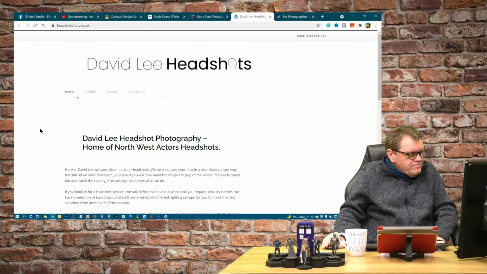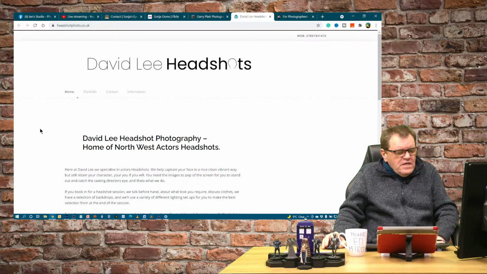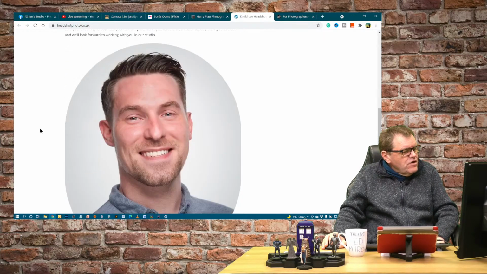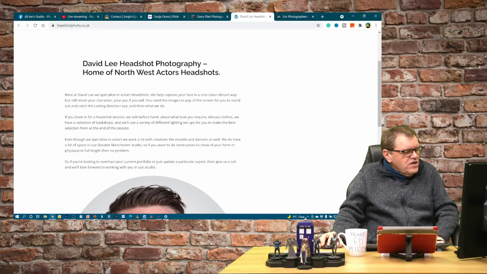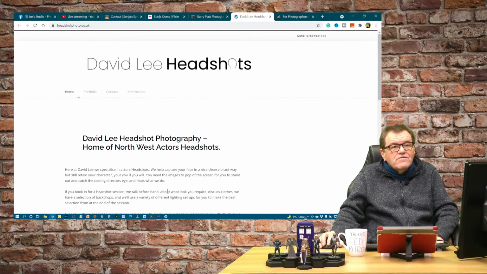And the odd thing on this one is, for a photographer's website, there's no photos as I arrive at the page. Yes, there is one below the fold, as it were, but what I would suggest is you make that smaller and have it on one side with the text down the side, because it just feels a bit odd coming to a photographer's website and there actually not being any photos right at the start.